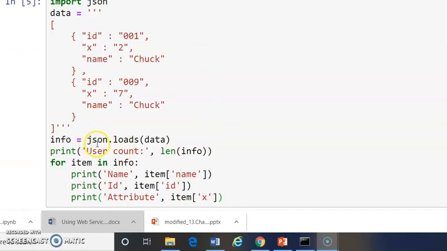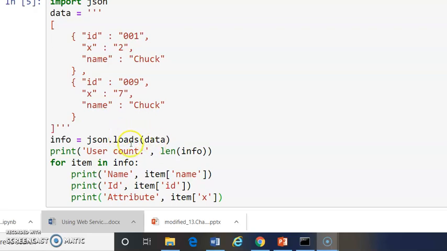We can quickly compare the JSON with the XML. Using this loads method on the JSON object, we get a list which has been loaded into this info. Inside that list we have dictionaries.